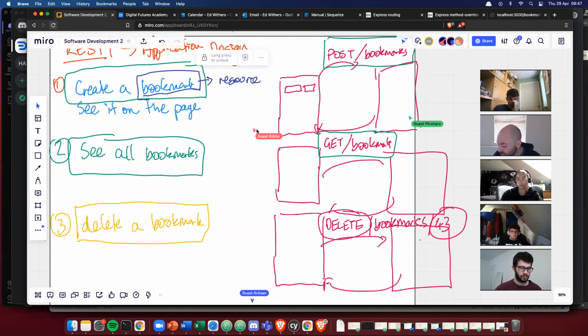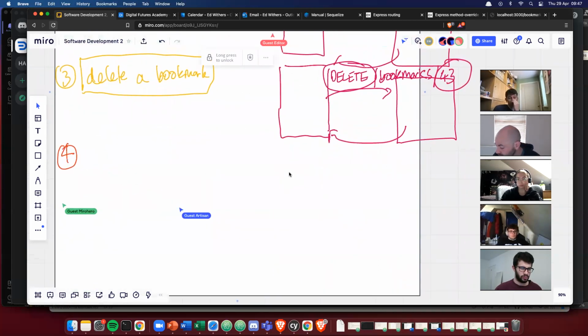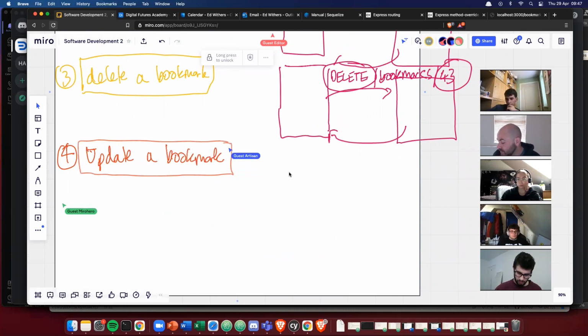And let's model the last one, which is edit or update. Let's call it an update. Update a bookmark. For this, if we're doing it as a sort of web page, there's a couple of ways we could do this. But if we do it the simplest way, the first one I want to do is